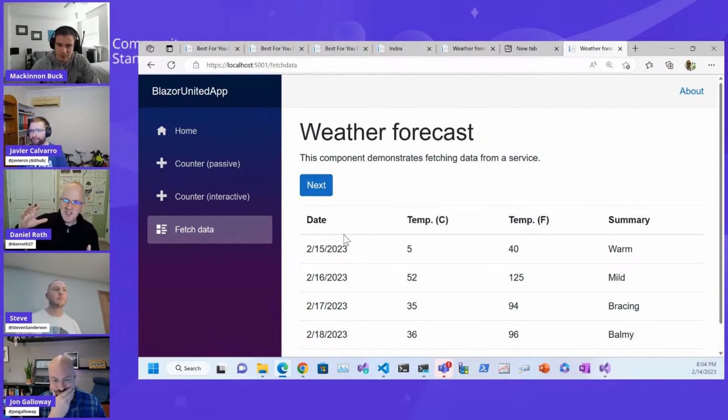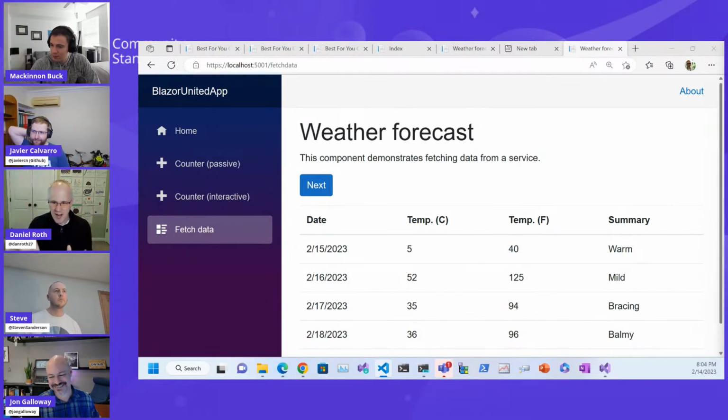So this is the thing that you can do today with the persist component state API that we provide, which will put exactly the state on the page, and you can then reload it. It's kind of manual how you set it up today, and imperative. This is a declarative model for doing that, and it really fits great in the Blazor United world,